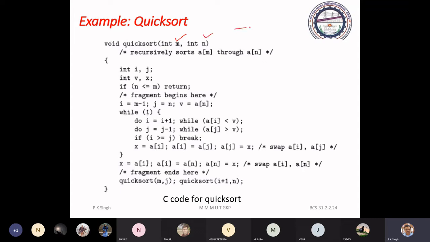There is an array named A, and M and N are the indexes of this array. They define the lower bound and upper bound of a list of numbers, and we apply quicksort on that list.